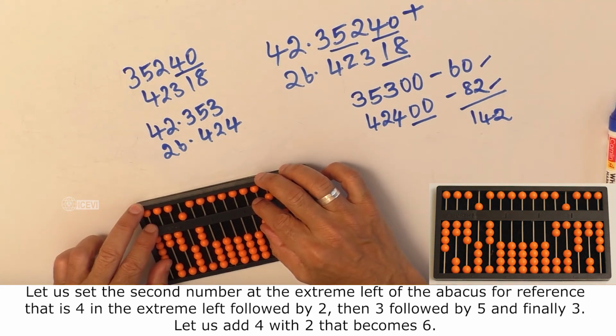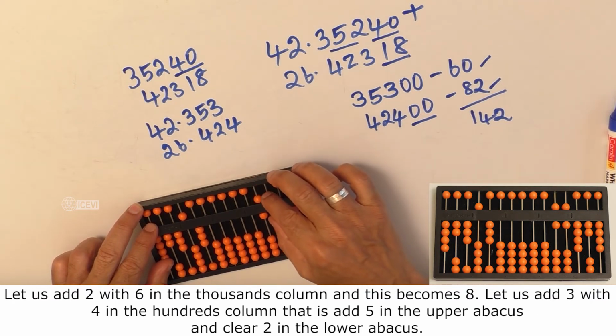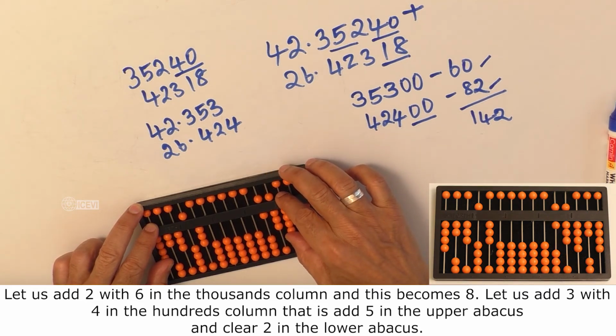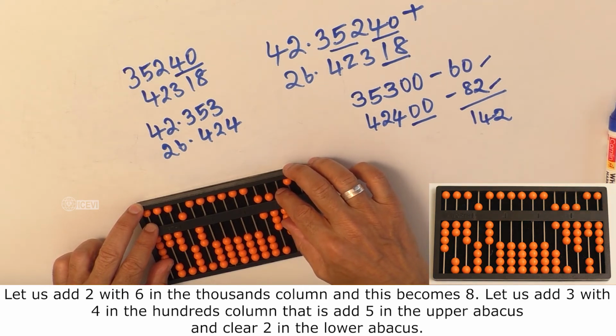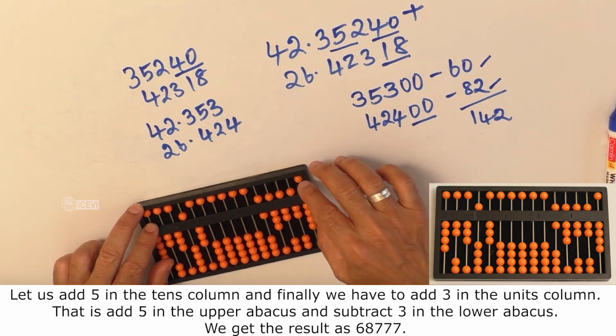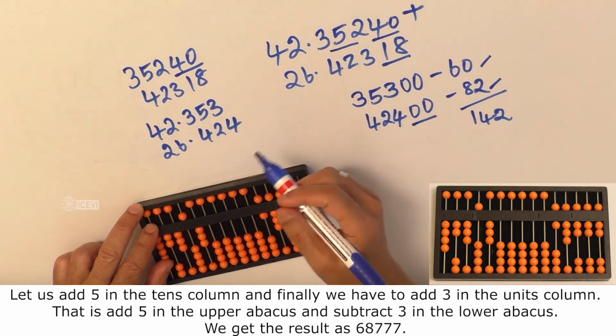Let us add 4 with 2, that becomes 6. Let us add 2 with 6 and that becomes 8. Let us add 3 with 4 in the hundreds column, that is add 5 in the upper abacus and clear 2 in the lower abacus. Let us add 5 in the tens column and finally we have to add 3 in the units column. That is add 5 in the upper abacus and clear 3 in the lower abacus. We get the result as